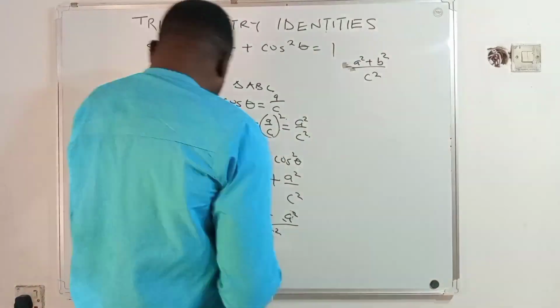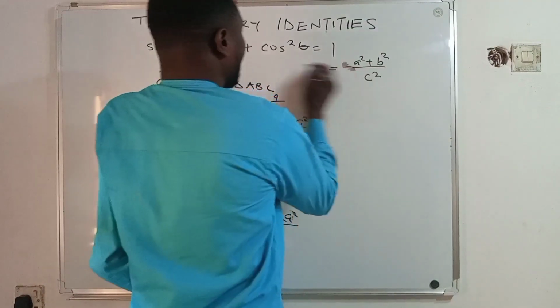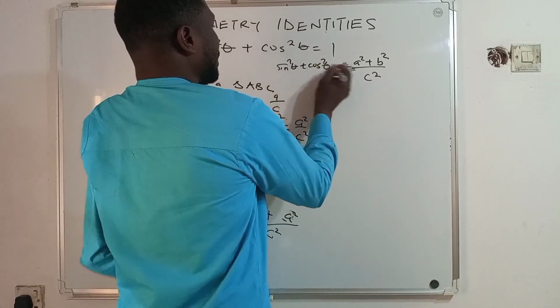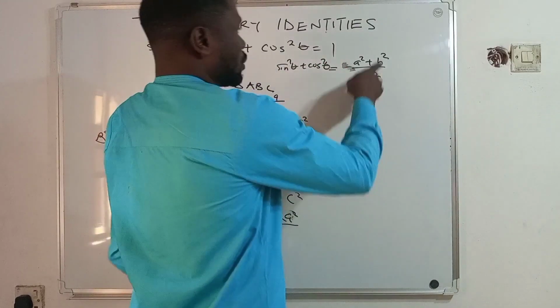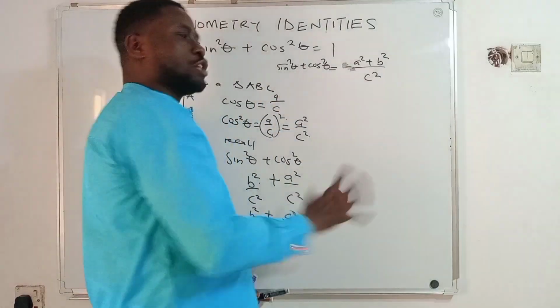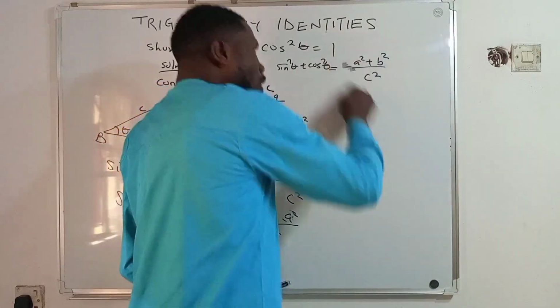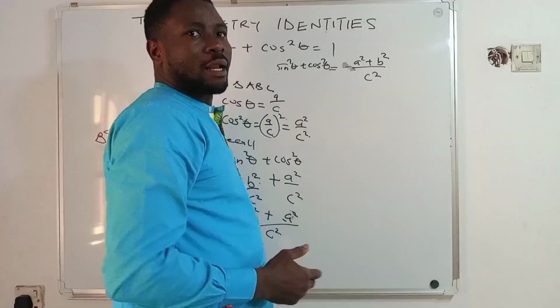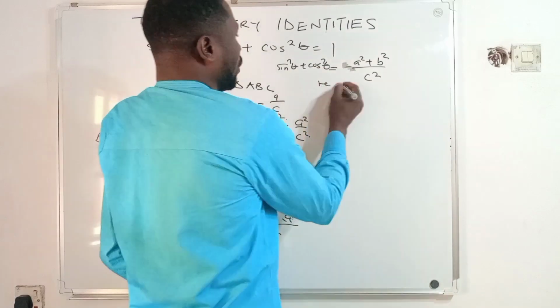So what we now have is that sine squared theta plus cos squared theta is equal to a squared plus b squared all over c squared. Remember, the intention is to show that the whole of this should become 1. How do we achieve that? How do we change this to 1? Now we can say, recall